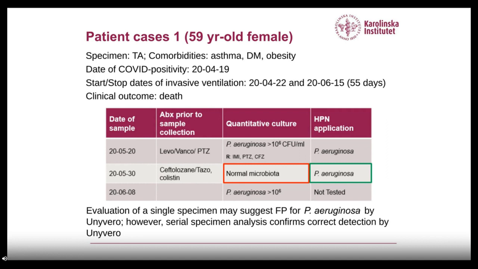What we can see is that for the first sampling, which was done on the 20th of May, there was Pseudomonas detected, which was resistant to the treatment which had been given prior to sampling, and the HPN application found the same thing. Whereas on the 30th of May, the patient was started on ceftolozane, tazo, and colistin prior to sampling, and we can clearly see illustrated here that the quantitative culture becomes then false negative, whereas the HPN application is